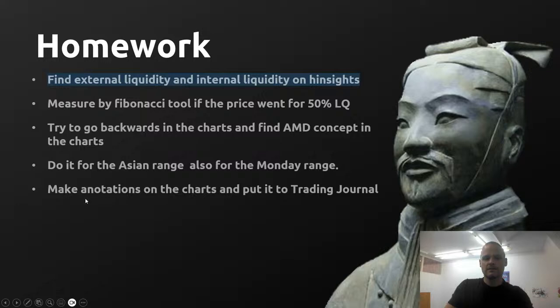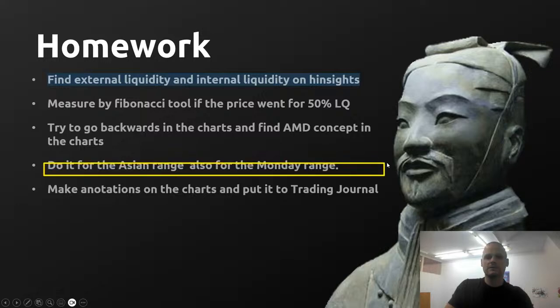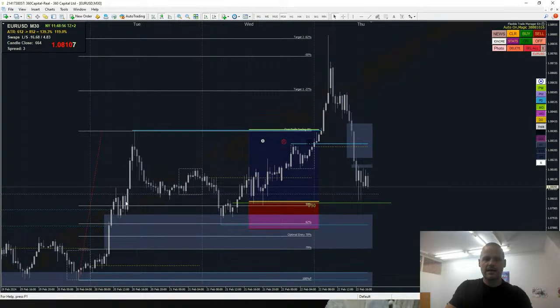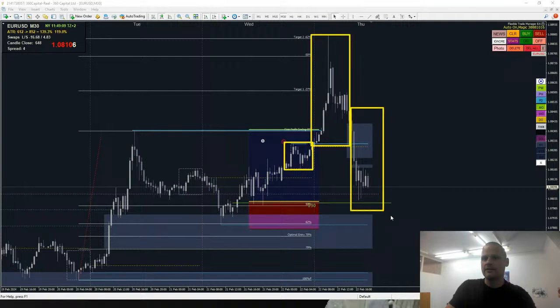So this is what keeps repeating, what is very often in there. It's actually this, what I was showing you in this latest trade, right? So this AMD concept, accumulation, manipulation, right? Distribution, right? So it's still repeating. Actually, today we also have accumulation, then manipulation, and the distribution, right?